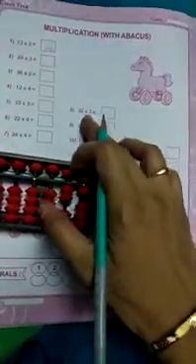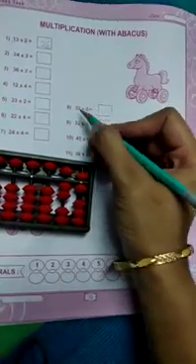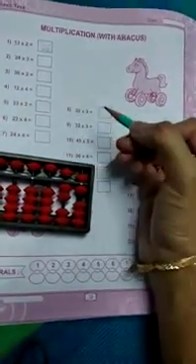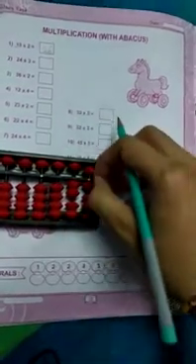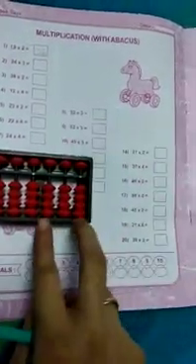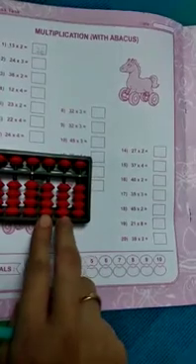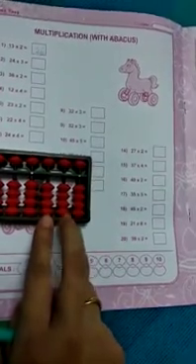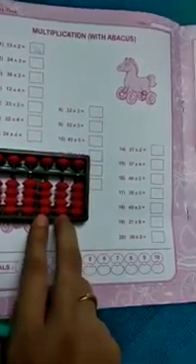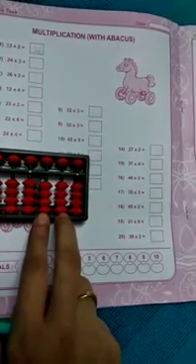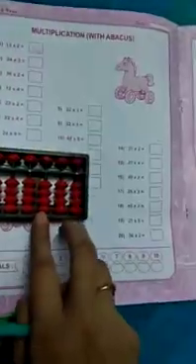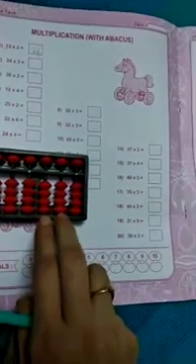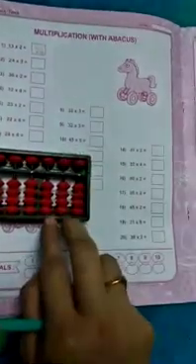Let's do one more question. What did I say? The multiplier will multiply the first digit in the highest place and then the second digit. So 3 threes are 9. Here we have to use 3 rods, starting from 2 rods. Why have we taken 2 rods? So that if we have a 2 digit number after multiplication, suppose here it was 8, 3 8s are 24, so 20 and 4 here. But 3 threes are 9, so we will take 0, 9.